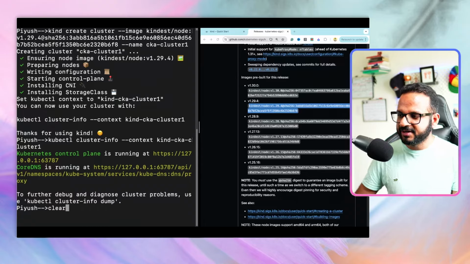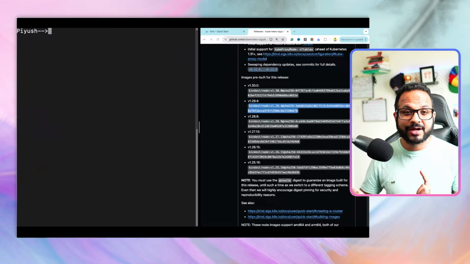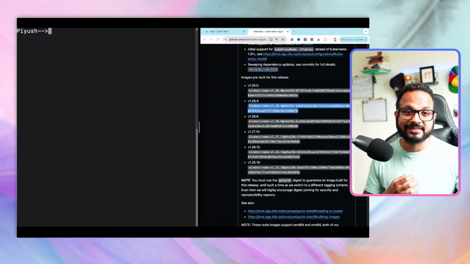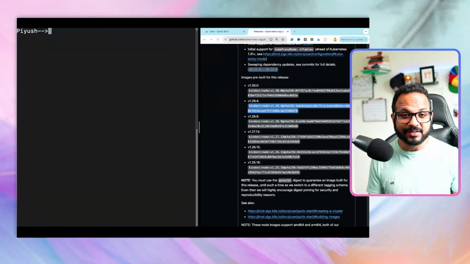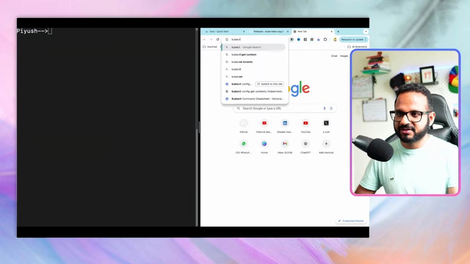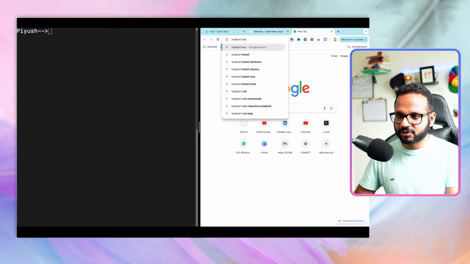Now hit clear. Before running this command, make sure you have the kubectl command line utility installed because this is really important and we'll be using this particular CLI for the entire CKA series. And this is what we use for any of the Kubernetes cluster interaction, irrespective of where the cluster is hosted, right? It could be EKS, AKS, GKE, or even your VMware bare metal on-premises installation. We use this utility, right? So if you don't have it installed, you can run kubectl installation